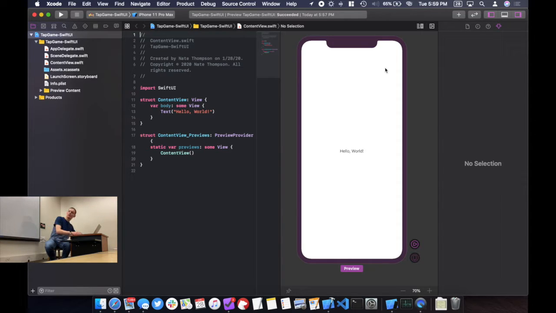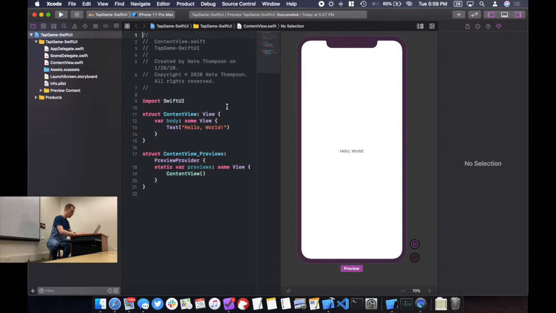Did I just break it? Okay. Well, yeah, it can be a little tricky, I think just because it's so different. But okay, so what it gave us here is just the boilerplate stuff. Let me see. So we've got,